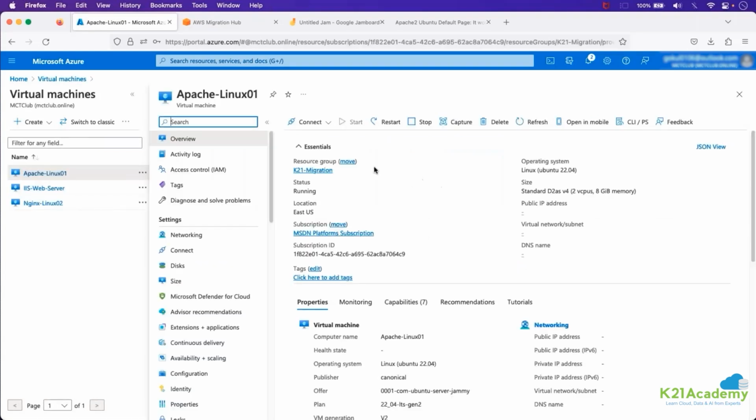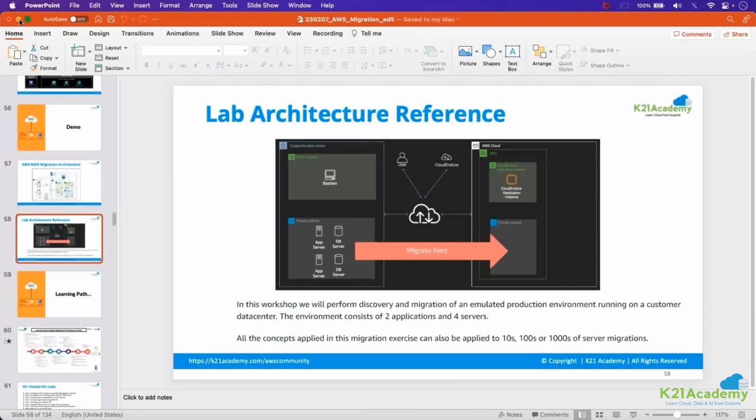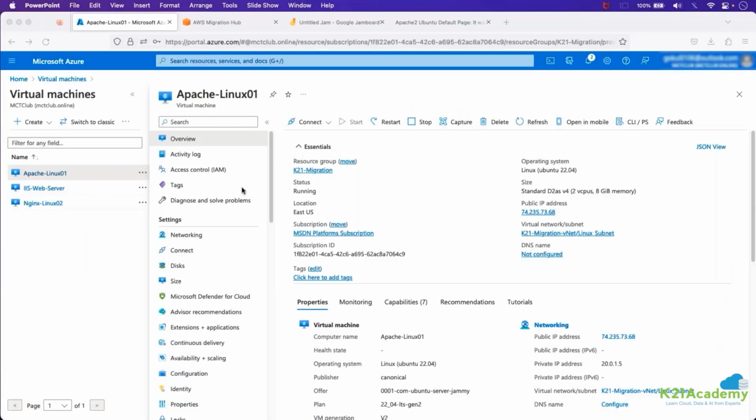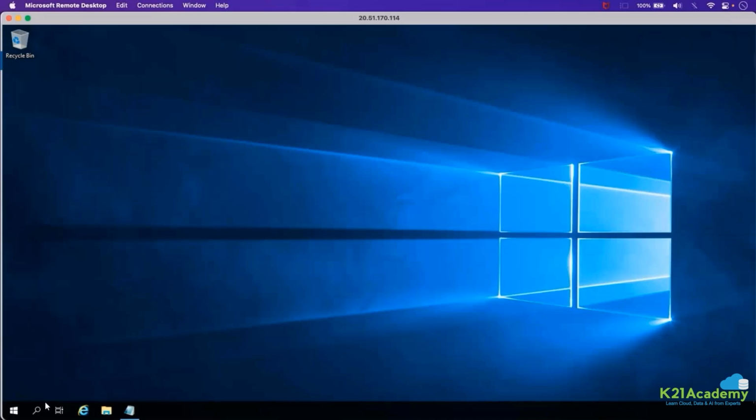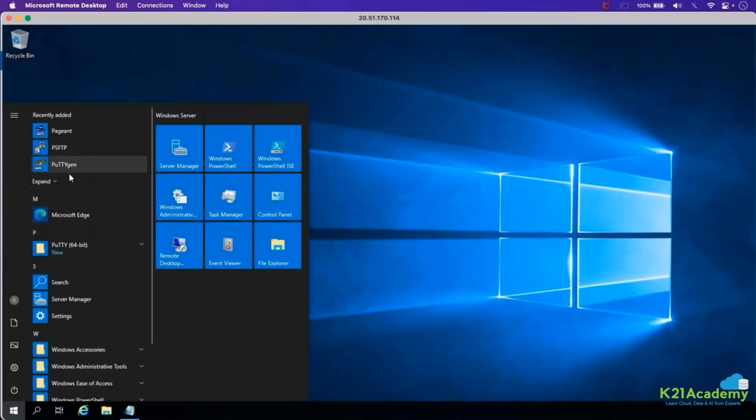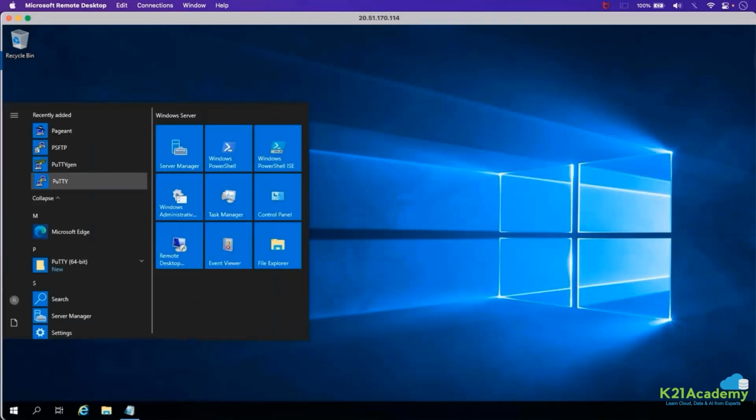But how do I discover it? Where do I discover it from? So first and foremost, we need to connect to the server, which is a Linux server. So how do you do it? You do it through SSH. You can either SSH from your server, or if you have any other machines, you can just do it that way. But nonetheless, I have a machine and I have installed this PuTTY tool,